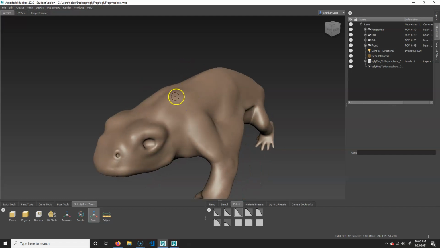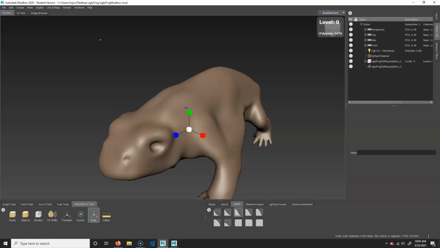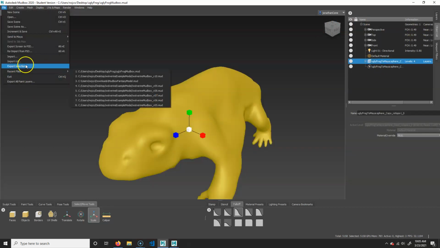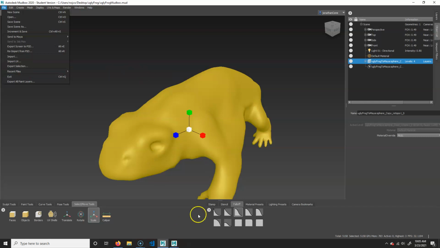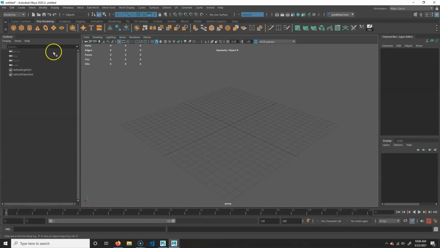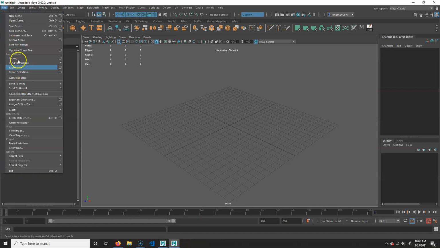So anyway, what I would do is just make sure you're at the lowest level, just to make things a little bit easier. So here's my level of my dude. Just select your guy in the object list, file, export selection, and then export it. Export selection, and then just make sure it's an OBJ, okay? And then in Maya, you're just going to import it. So you just do file, import,